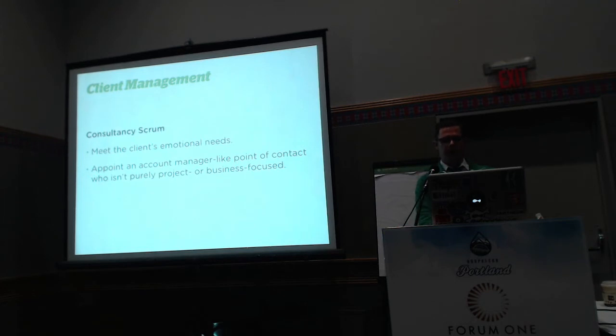That person is there to answer all of the client's questions and concerns because the PO is kind of the bad guy in the relationship. The PO is always going back to the client saying, can't do that, not enough time, you don't have enough money, we're going to have to limit the scope here, what are you going to take out of the sprint? They're always the one delivering rough news. So when the client has a problem or wants to check in, they want to talk to somebody who's not really involved in that